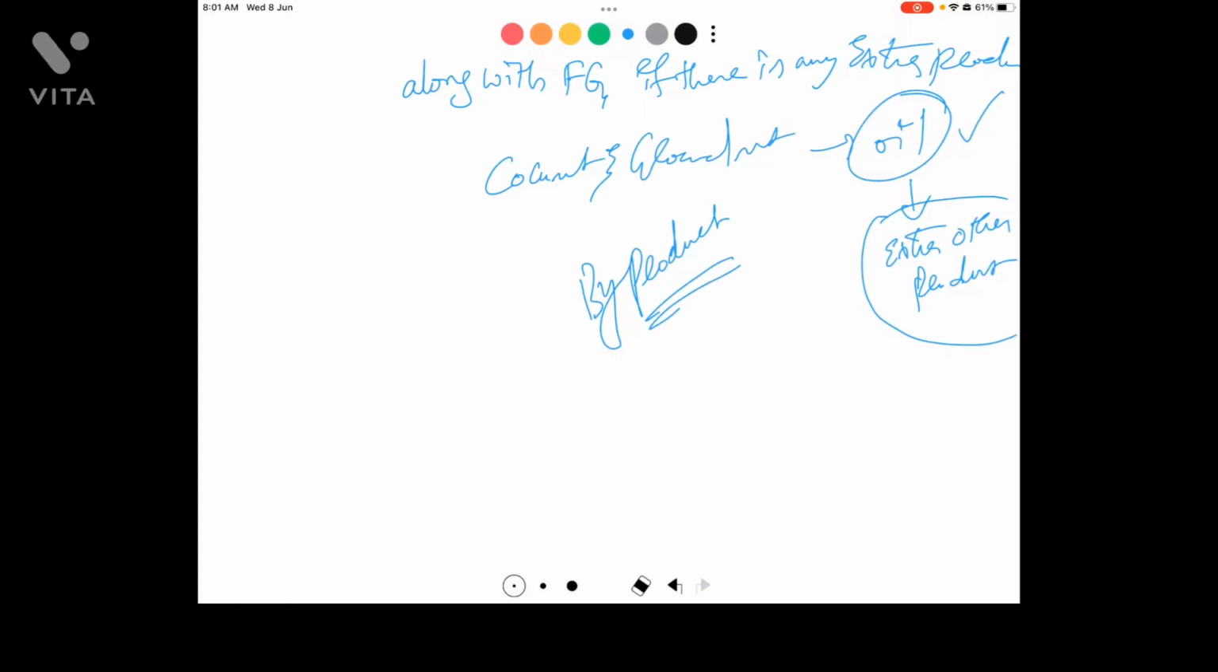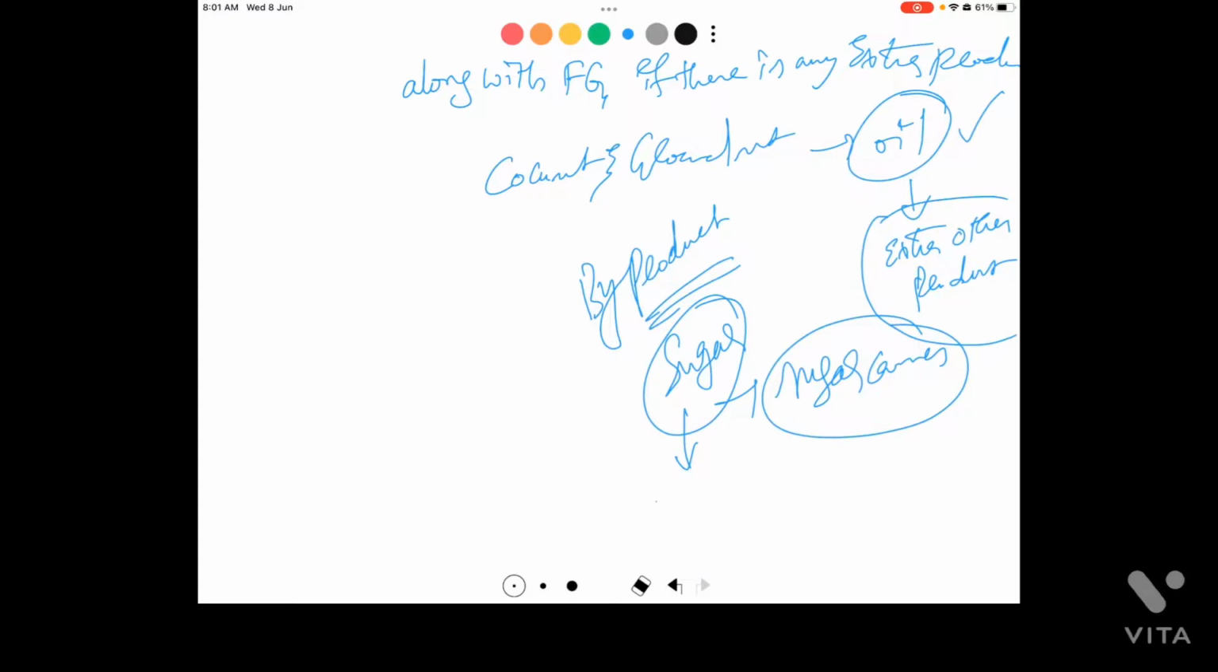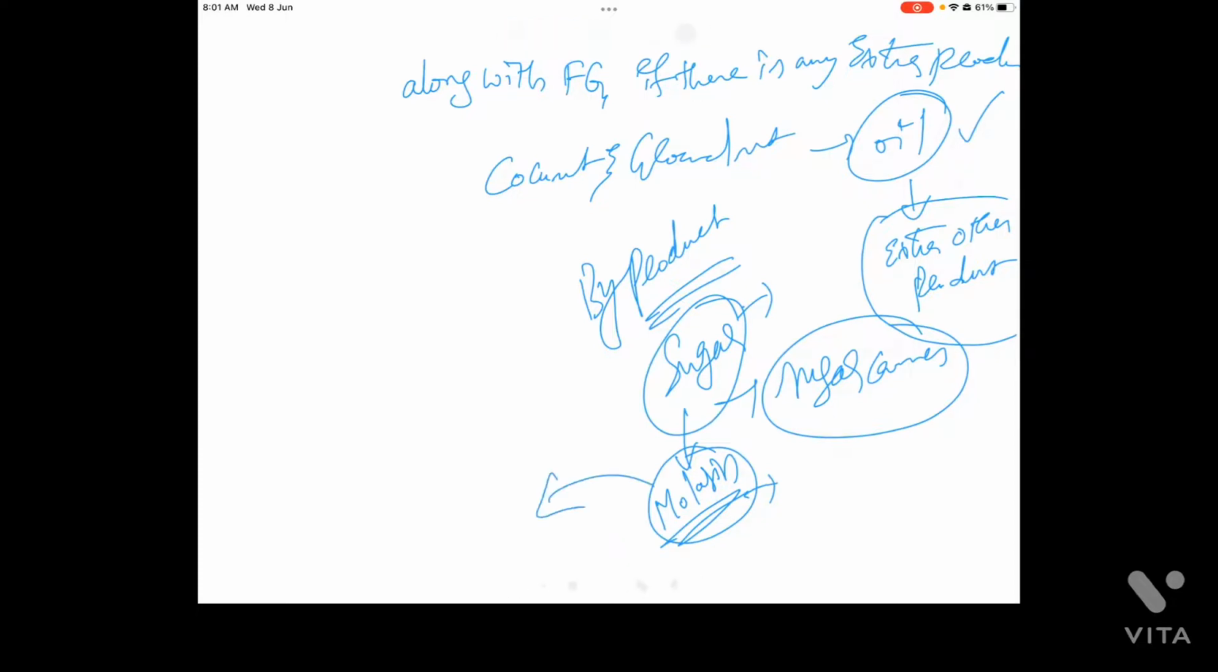Byproduct. Do you know how sugar is prepared? Did you see sugar manufacturing? They use sugar canes. When they use these sugar canes and prepare the sugar, along with the sugar there is some bad product, which is molasses. This is the extra product. Along with the finished good, there is some other product like molasses. That is very expensive, and they use it for other purposes. This molasses we call a byproduct,